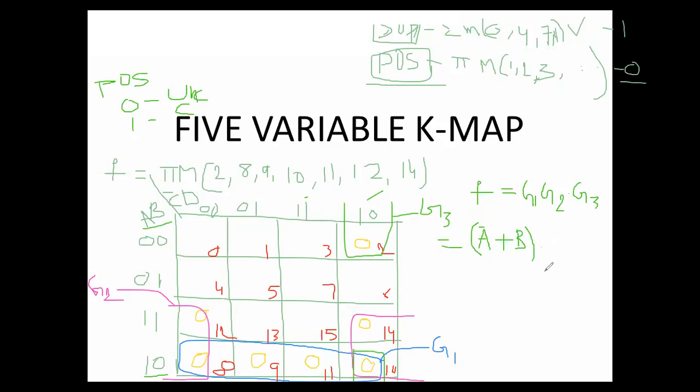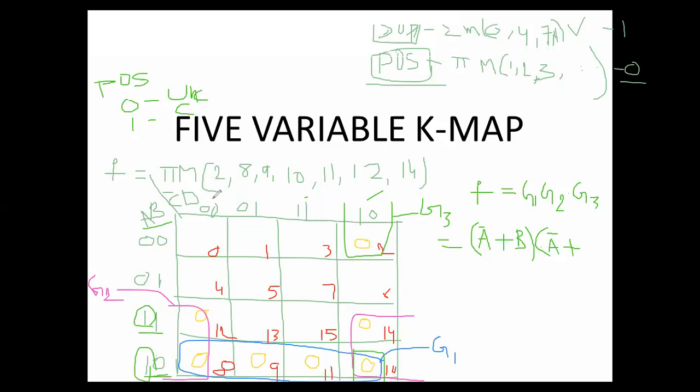Next, take group 2. Here group 2 means 12, 8, 14, 10. This is group 2. What about AB values? 1, 1 and 1, 0. Which is common here? 1 is common here. So this 1 belongs to which variable? A variable. A equal to 1 means how will that be taken? A bar. How is it represented? A bar plus